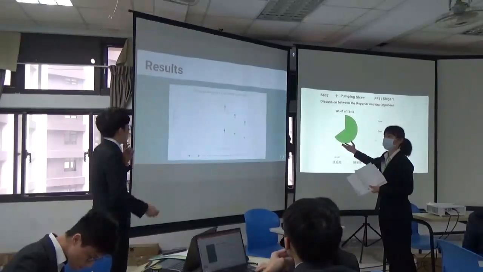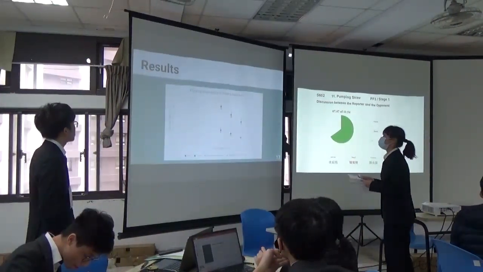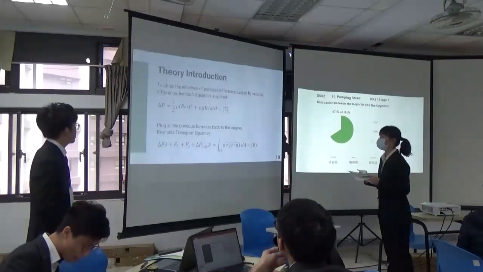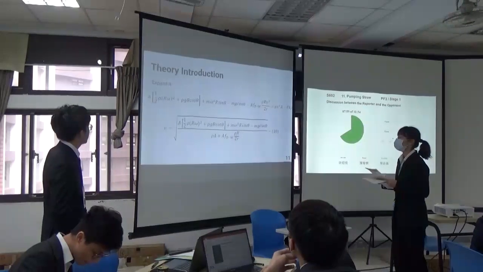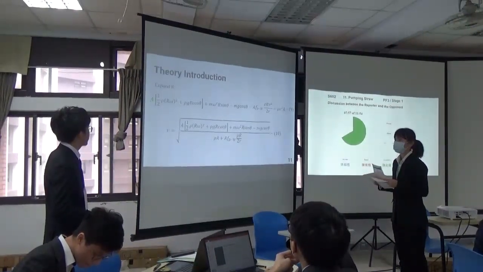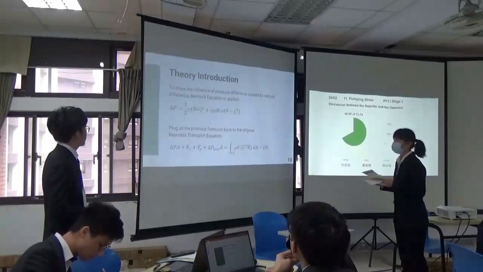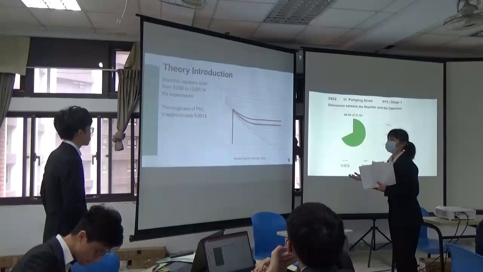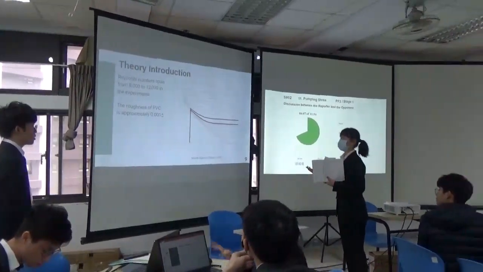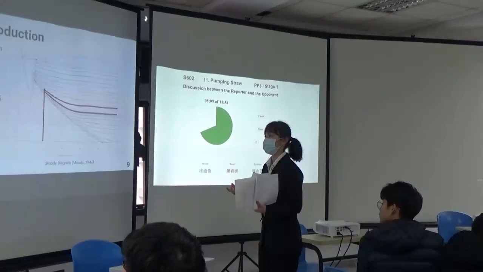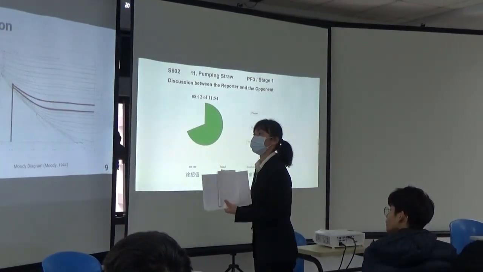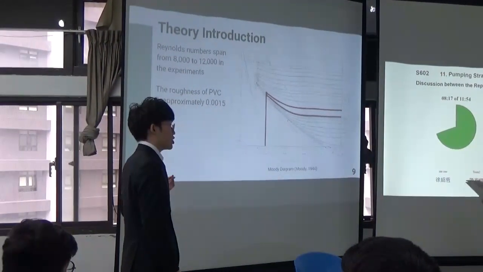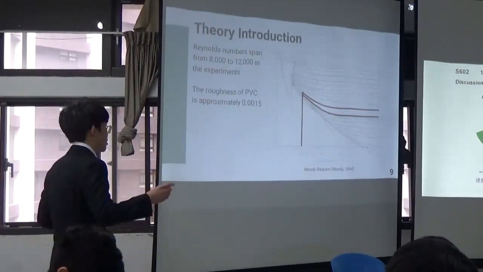Sorry, can you show me the theory and the first page? I think this is all your take to prove your data, but I think this is all your opinion. It is not objective. Okay, so you mean this? It's the pressure loss, right? Yeah. So what is the first